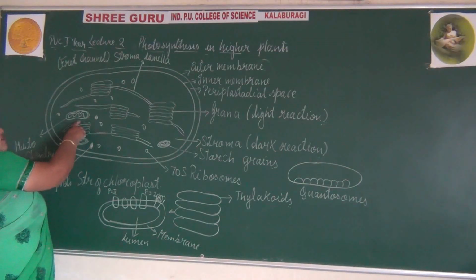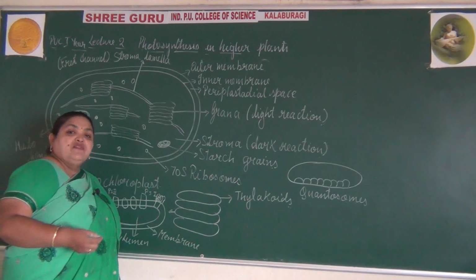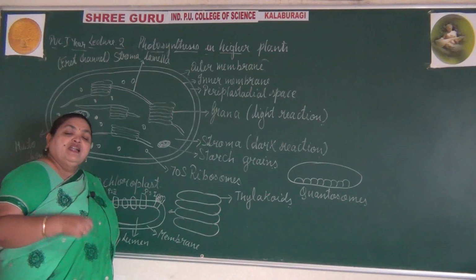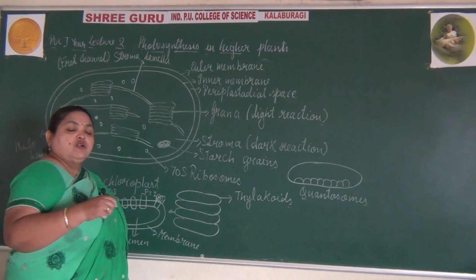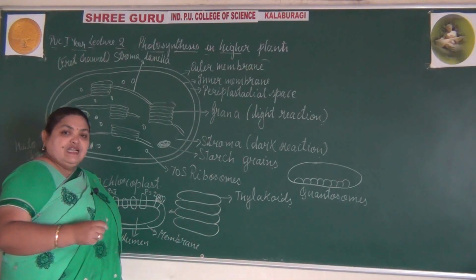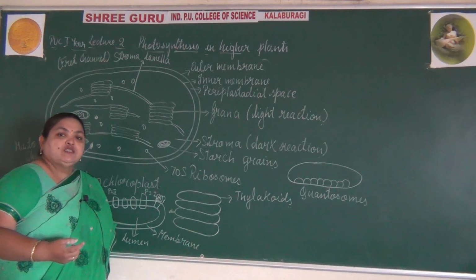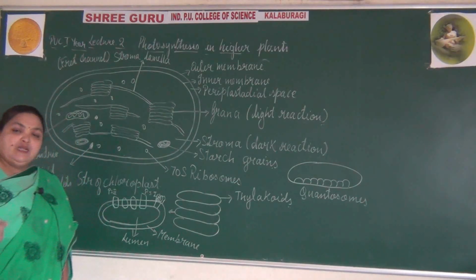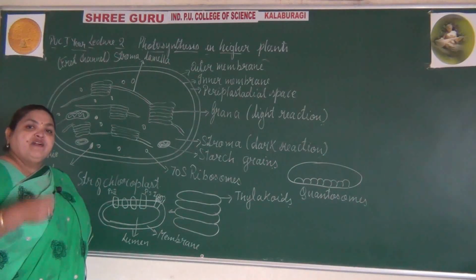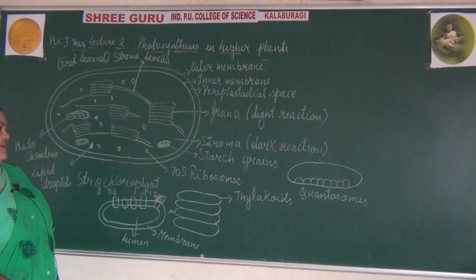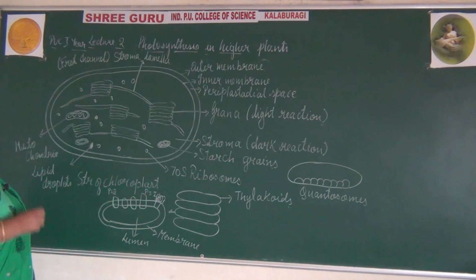Along with that, it has its own DNA. With the help of this, it is a self-replicating unit, or it can divide by itself, and does not depend upon the process of cell division. According to the requirement, according to the metabolic activities or the physiological actions, it can undergo multiple fusion or doubling, or it can undergo its own copy formation. It can divide by itself. And there are even lipid droplets present in the